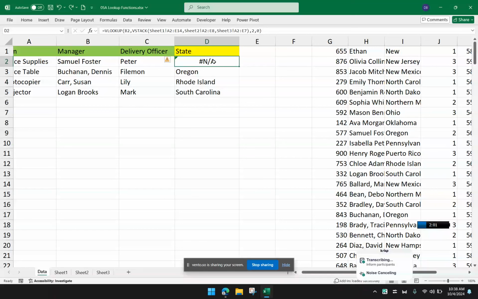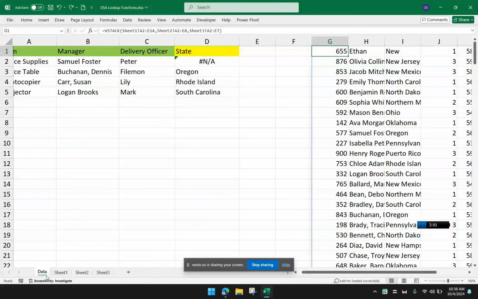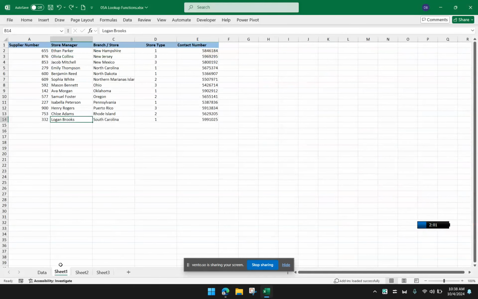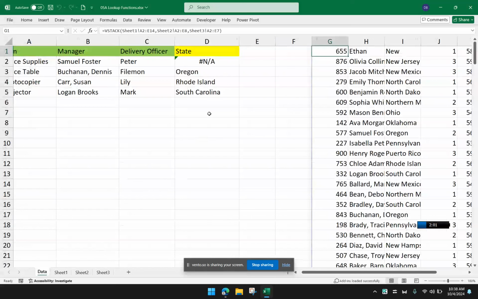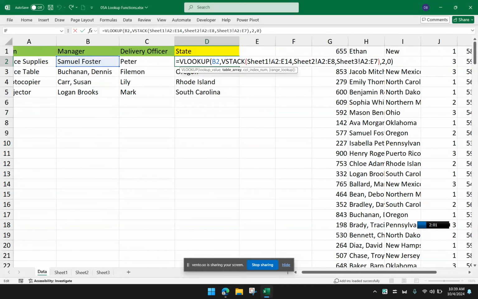However, you have to make sure to get the right cell to start with, because if you remember in our VSTACK here, I actually included column A, which is the supplier number of the tables or the worksheets, and my VLOOKUP requires me to look under the manager column. So I'm getting an NA here because I started with cell A2, and that is the supplier numbers.